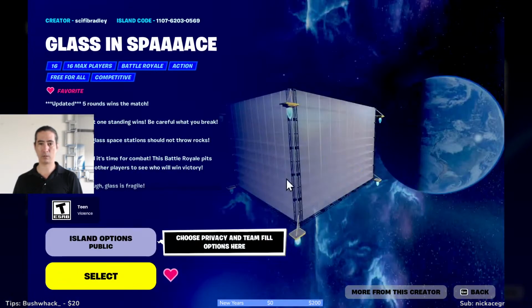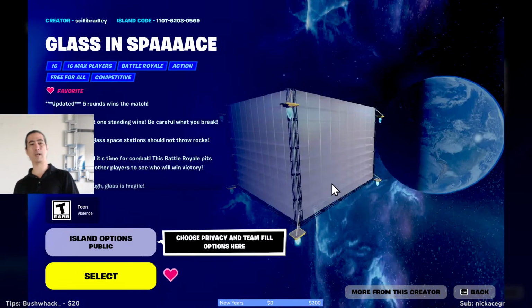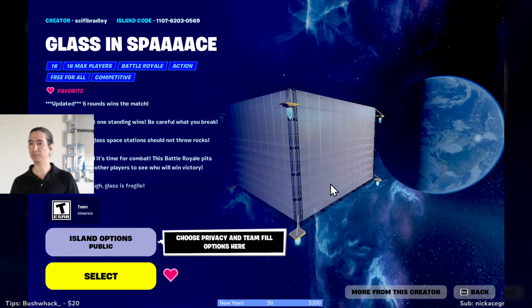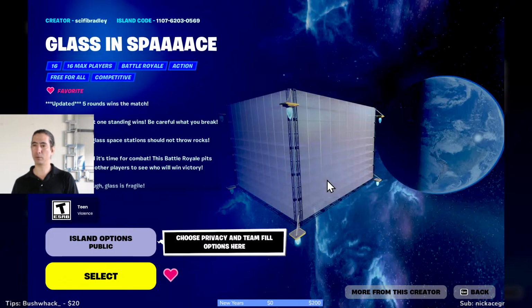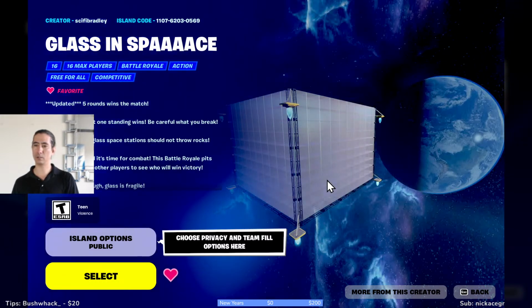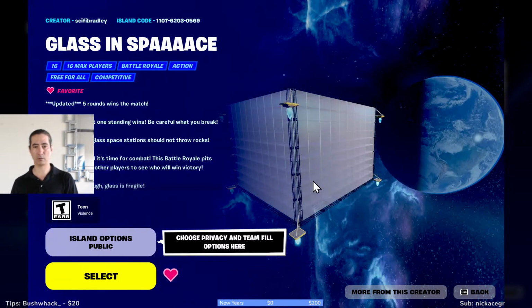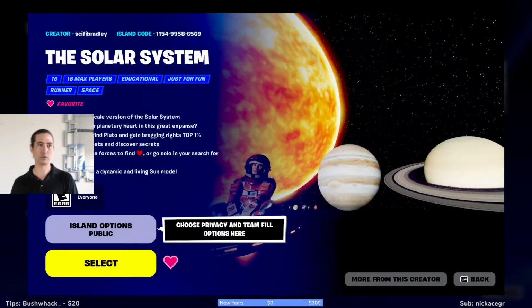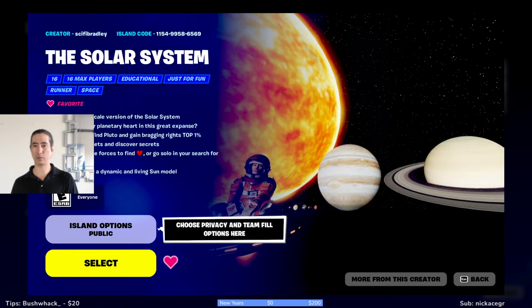Glass in Space was basically just a copy-paste of Glass. I just made it in space because I wanted to try it. Box fight maps, except adding the images that come up when your class is selected. Honestly, I haven't made a box fight yet. Have you checked the website, the instructions on how to do that? Because there's a whole tutorial on box fights. And we've talked about this in the past.